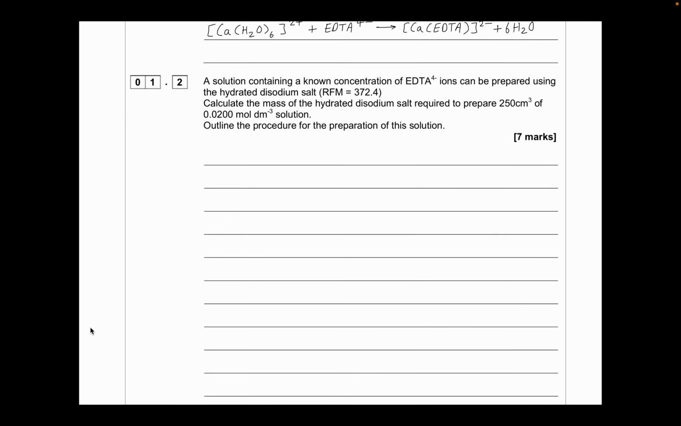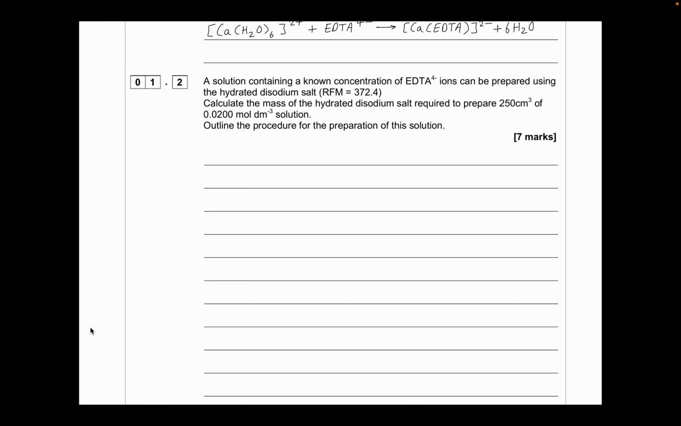A solution containing a known concentration of EDTA4- ions can be prepared using the hydrated disodium salt, RFM 372.4. Calculate the mass of the hydrated disodium salt required to prepare 250 cm cubed of 0.0200 mol per dm cubed solution. Outline the procedure for the preparation of this solution. It's for 7 marks. So what you're going to do is, first of all,